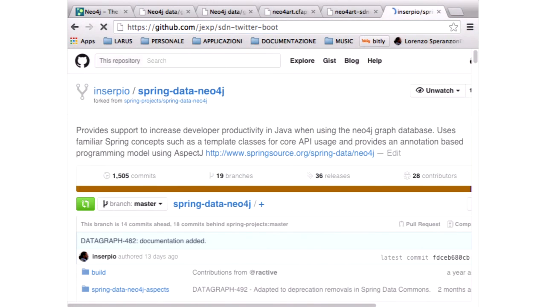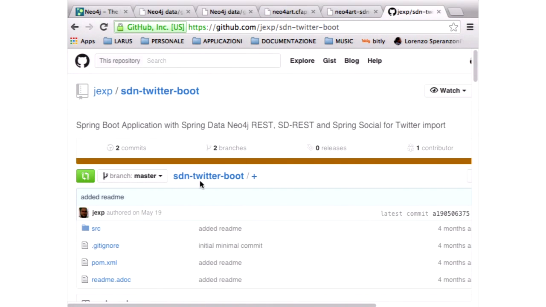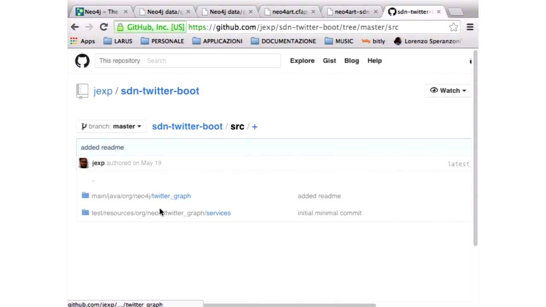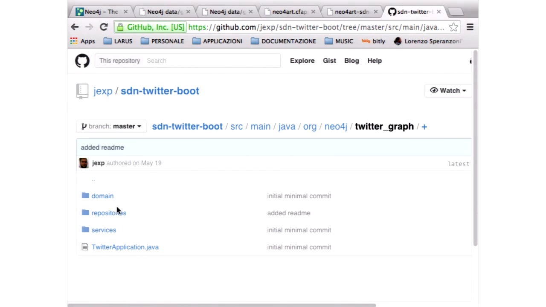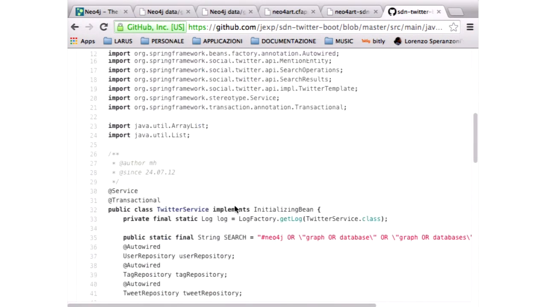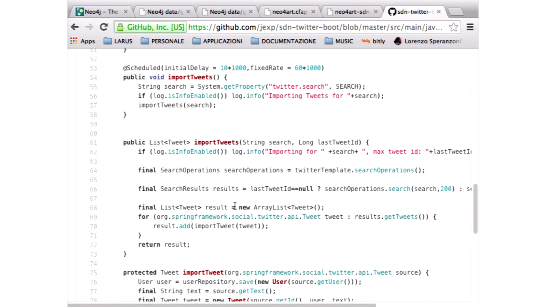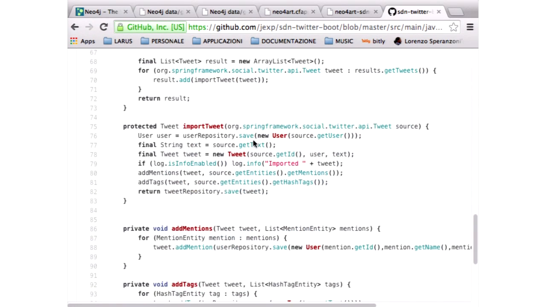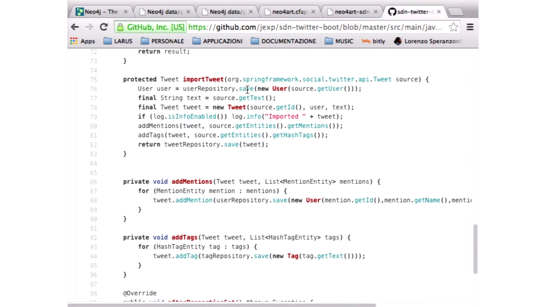There was an application that Josh Long and I worked on when I was in San Francisco presenting at Pivotal. It's a Twitter application which uses Spring Social to do Twitter queries. I have a service here which does the actual import of the data. I import the tweets, I execute a search, and then the actual import looks like this.